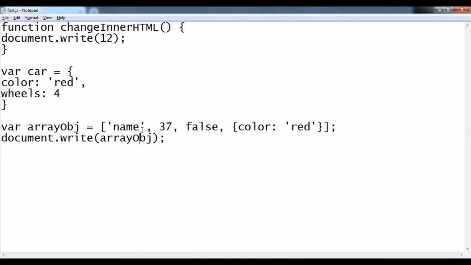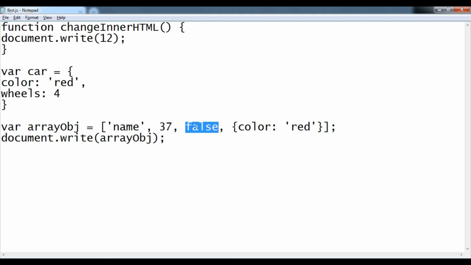An array stores these values in indexes which start from 0. At index 0 it is storing name, at 1 it is storing 37, and at index 2 it's storing false. So let me access the value at index 0.